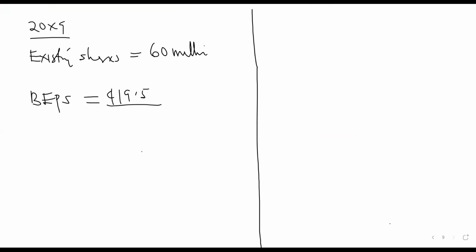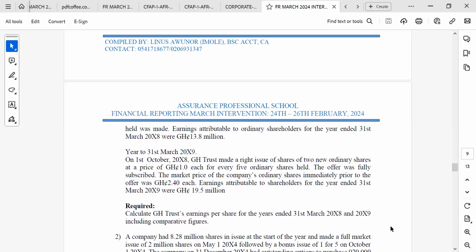What happened there? On 1st October 2x8, the GA Trust made a rights issue of two new ordinary shares at a price of 1 cedi each for every 5 ordinary shares held. The offer was fully subscribed. The market price of the company's ordinary shares immediately prior to the offer was 2.4 each, and earnings attributable to the shareholders for the year ended 31 March 2x9 were